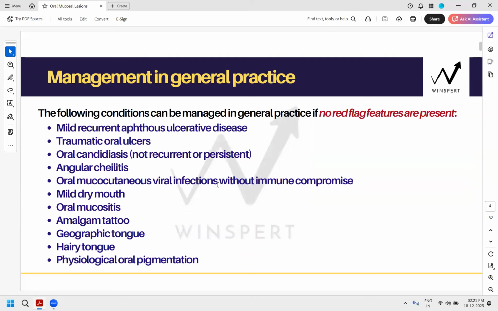Oral mucocutaneous viral infections. So every lesion that we do, we will categorize it. It will immediately help you. First of all, after completion of this entire chapter, you will feel a hold on the entire chapter. Sometimes you feel so scared of a chapter because you feel it's so vast. How will I remember every lesion? But when you categorize it, it's like creating our own mind map in our mind. Yes or no?